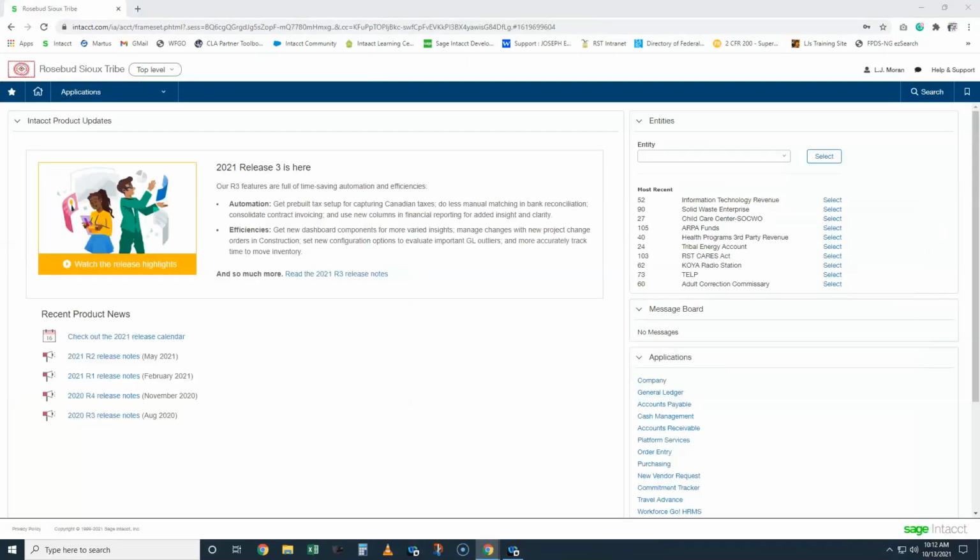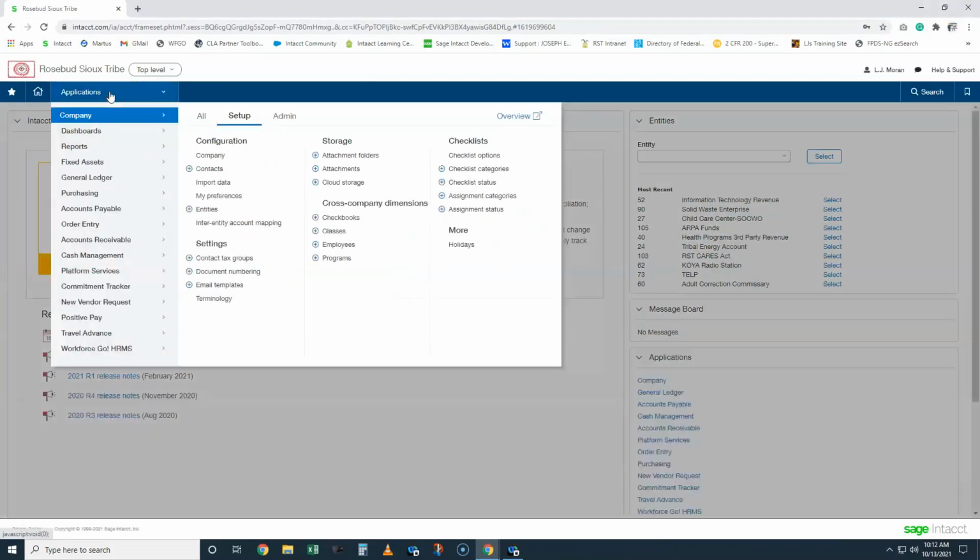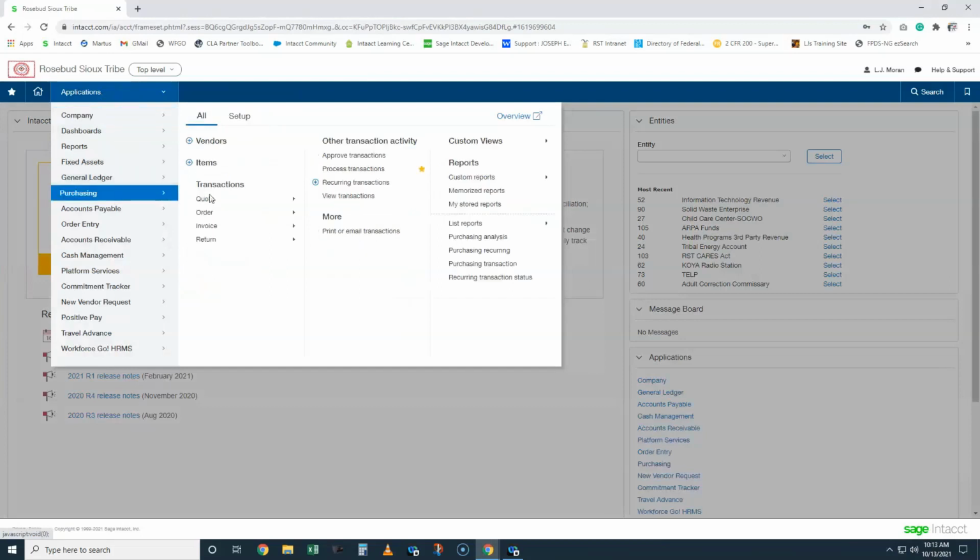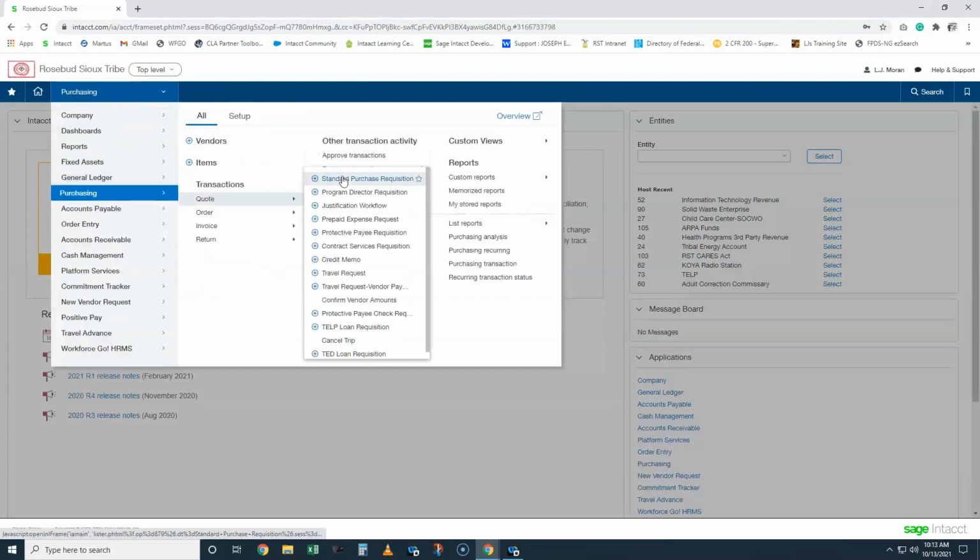Well, let's get into standard purchase requisitions. At this point, most of us are probably logged in. We go to our menu on the top. We can go to purchasing, to quote, and then to purchase requisition. If we're adding a purchase requisition, we can hit just the plus sign and go right into creating one. If we click the text for purchase requisition,